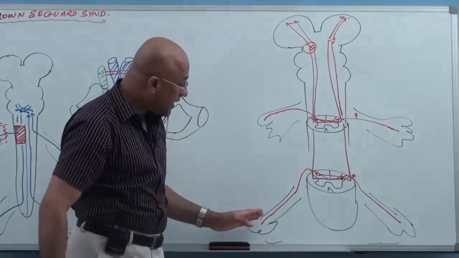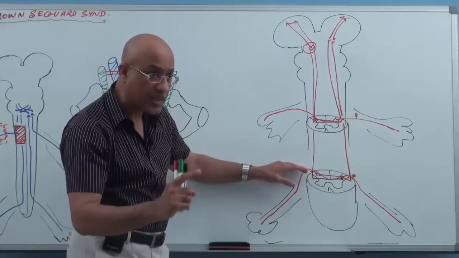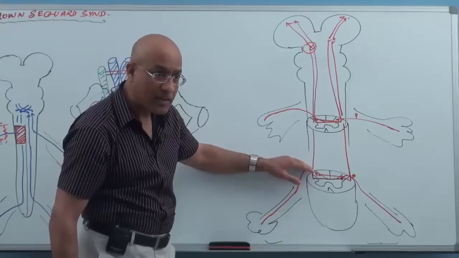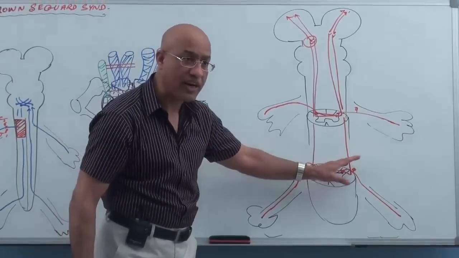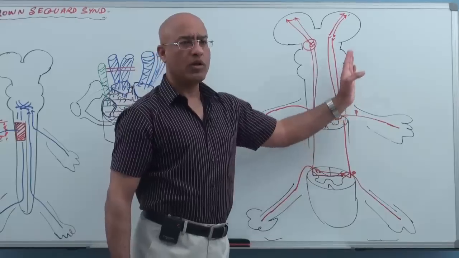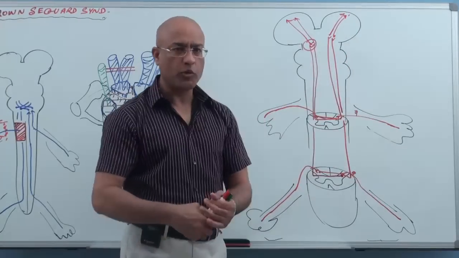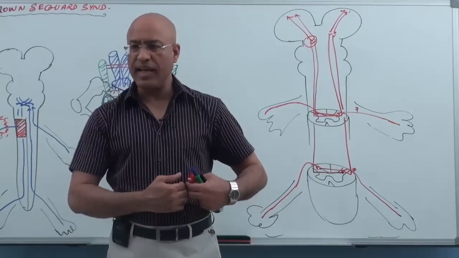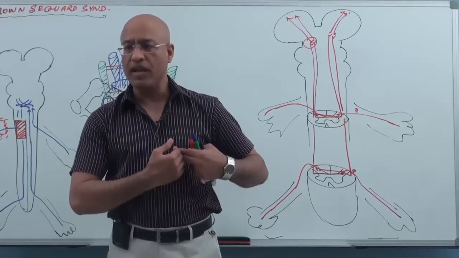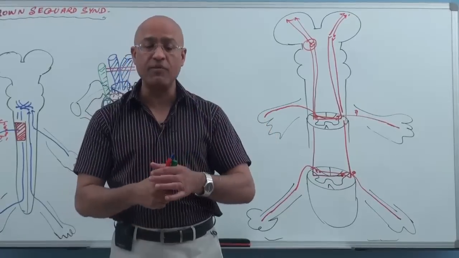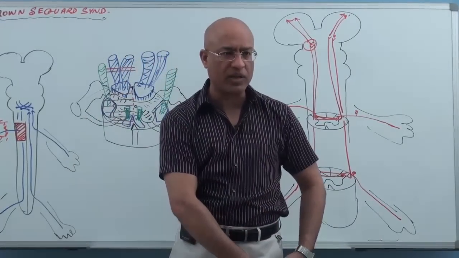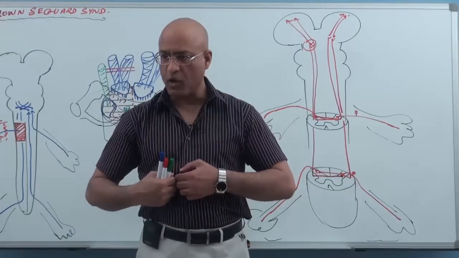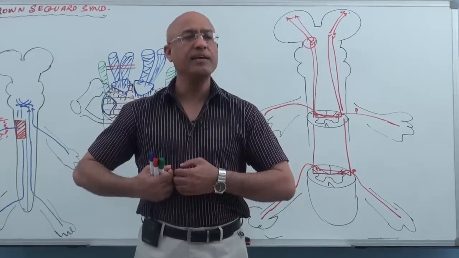But pain and temperature fibers, again I'm repeating, at the point of entry cross contralaterally, so they ascend contralaterally. So pain and temperature from the right lower limb will enter the spinal cord and ascend in which part of the spinal cord? Left side of the spinal cord. And in the same way, pain and temperature from the left side of the body will enter the spinal cord, but they cross over at the level of entry or one or two segments up, and then they will ascend